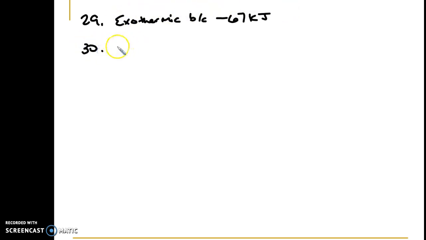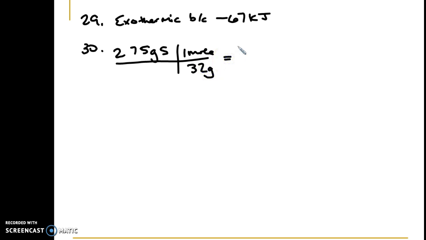Number 30, we have this reaction here, and we have 275 grams of sulfur. We just want to make sure we get that to moles, and a mole is 32 grams. And so we can calculate that, although I don't have a calculator here. 275 divided by 32, we get 8.6 moles